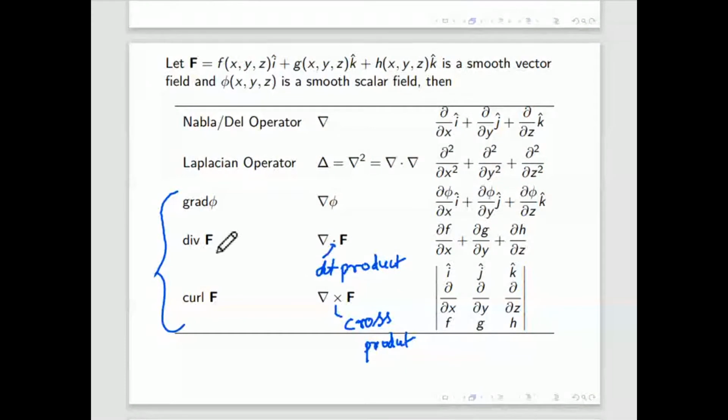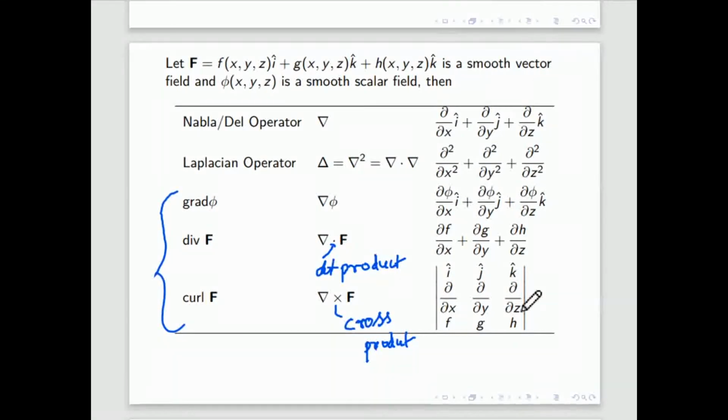And here we are taking the dot product in divergence. So this f is a vector, it has three components f, g and h. But if you apply this del operator over a vector, that means if you are calculating the divergence, it will give only one value. That means it is a scalar. So the divergence of f is a scalar, but the gradient is a vector. So what is the conclusion of these two? If you apply the del operator over a scalar, it will become a vector. If you apply it over a vector, it will become a scalar. Scalar means a real number. And curl is the cross product, and the vector cross product remains a vector only.